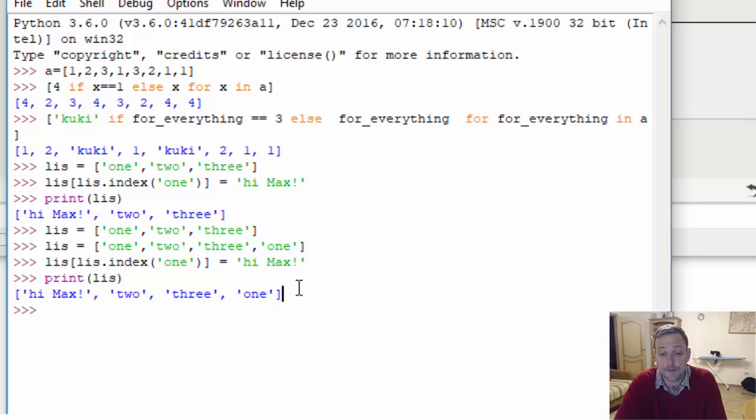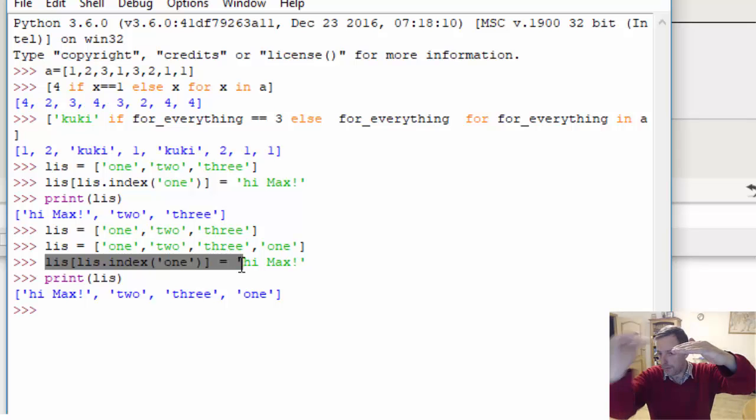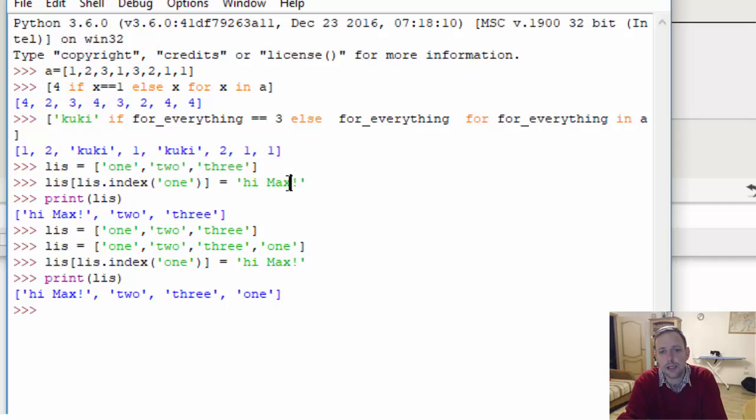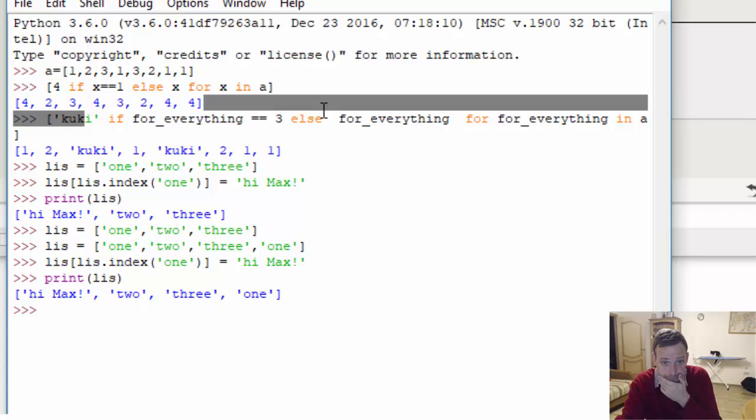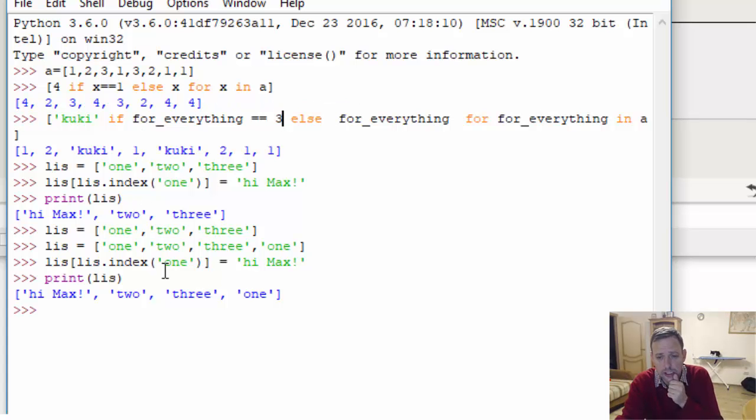Okay, so I mean, which one's the best one? It depends on what you want to do. If you only want to change one of them, then obviously this is easily the best one. If you want to change the item every single time it's in the list, then this other one's obviously going to be better. Another question is what this one that goes through with the if for everything,